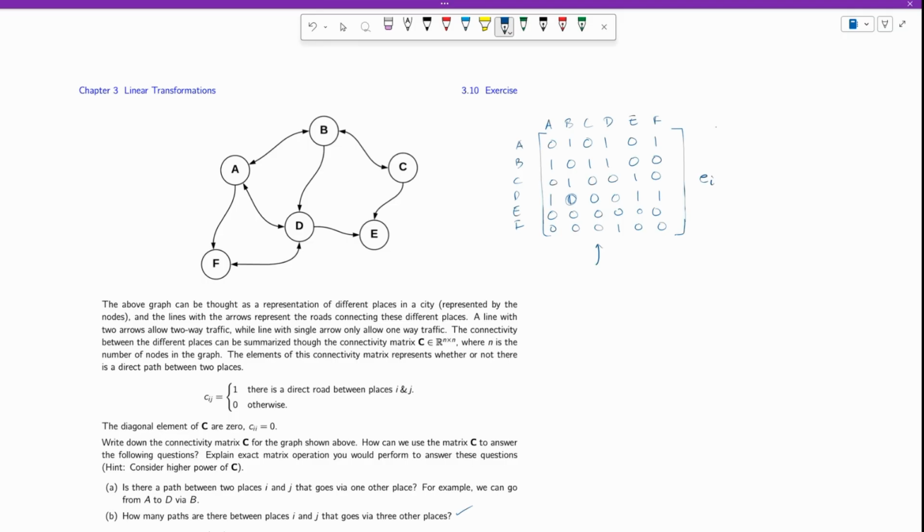I and J. Their path goes by another, I, J. That means I need to know if this is 1 and, hmm,